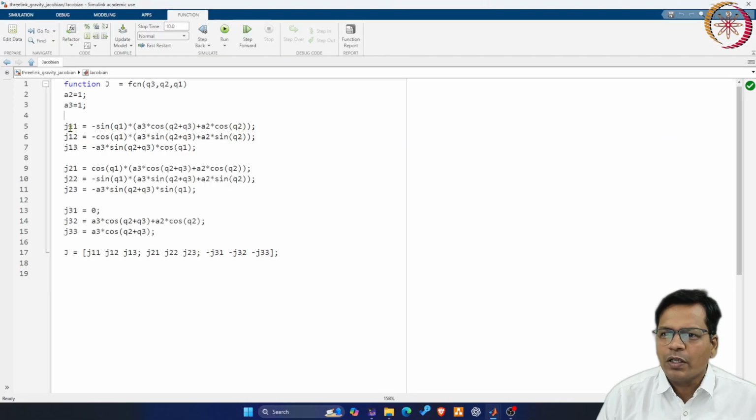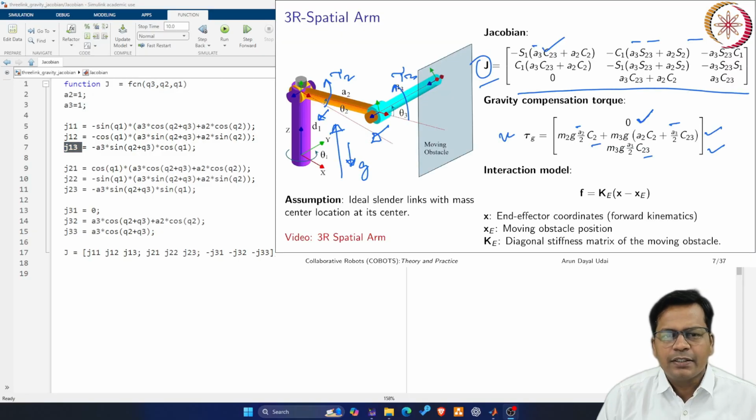So exactly this is coded here. You have all the elements visible here as J11, J12, J13, and exactly these elements are coded here. I am returning that as a matrix. I am clubbing J11, 12, 13. Next row is J21, 22, 23. Next row is J31, 32 and 33. Again I am considering the signs, which should be properly put. That is the reason when you code, you need to cross verify your joint angle direction and axis direction. Accordingly, you need to make some changes and verify them.